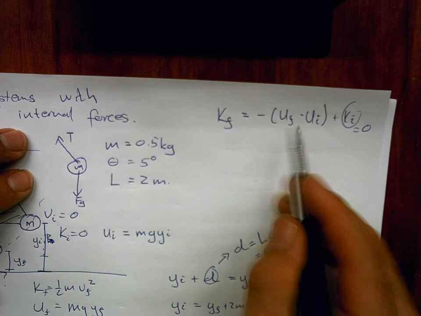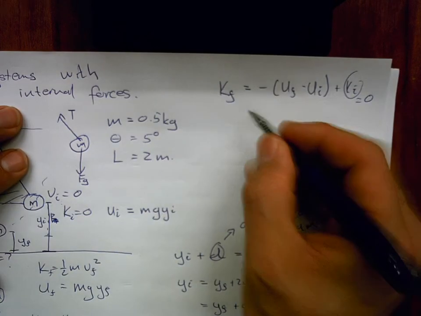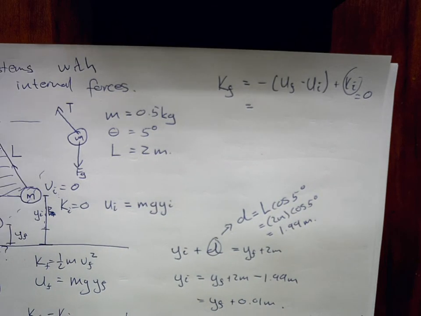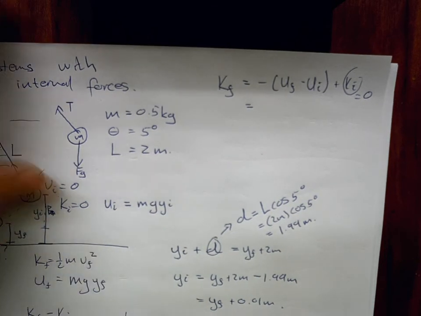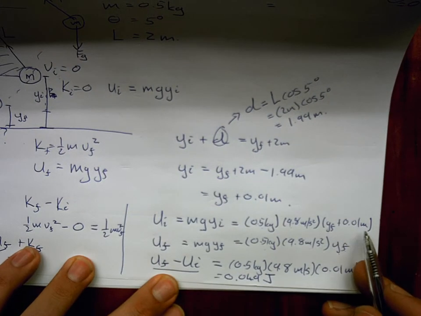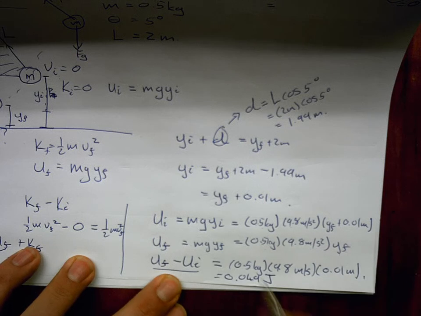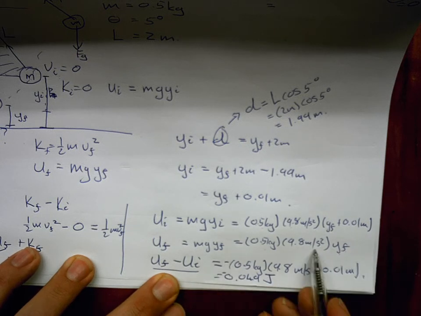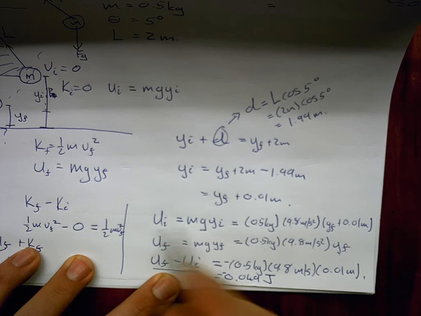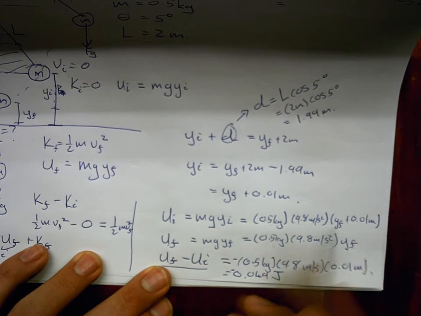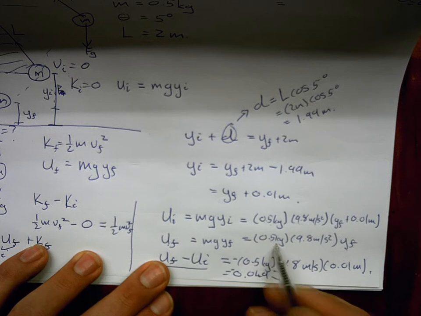We've already calculated this. Sorry, I think I made a sign mistake here. Yes, this should be a negative because we're subtracting this from that. So if I subtract this from that, I get